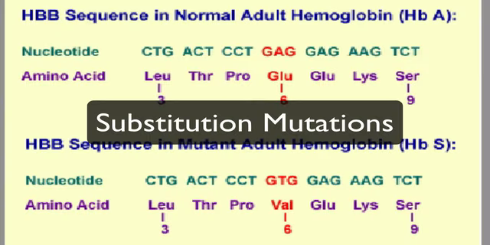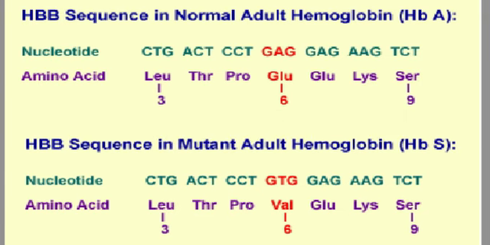So the first type of point mutation that we're going to take a look at will be the substitution mutations. Substitution mutations occur when a single base pair in the DNA has been substituted for by another base pair. The image that we see here is a sequence of nucleotides, and the only sequence that you're seeing is the antisense strand. The sense strand is not shown because in this case it's not very important that we see that. So this sequence on top is the normal sequence, and notice that the fourth triplet here is highlighted